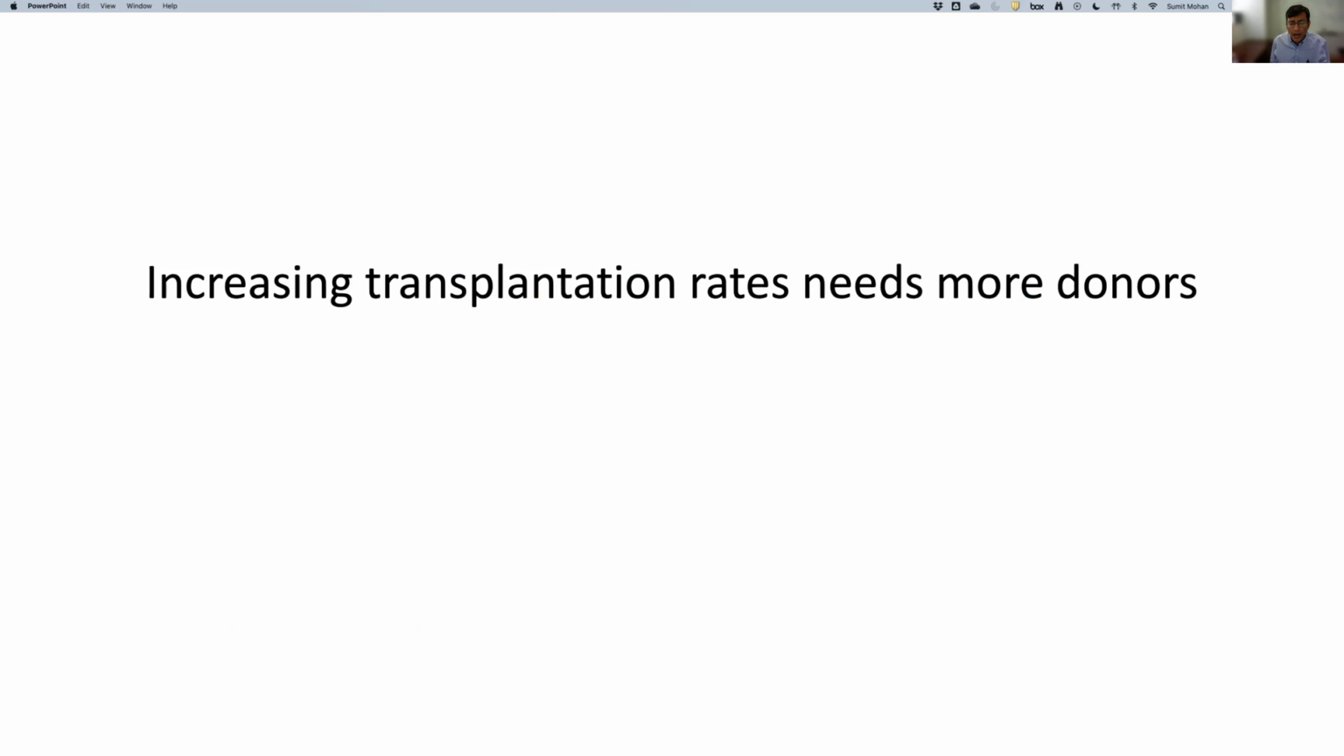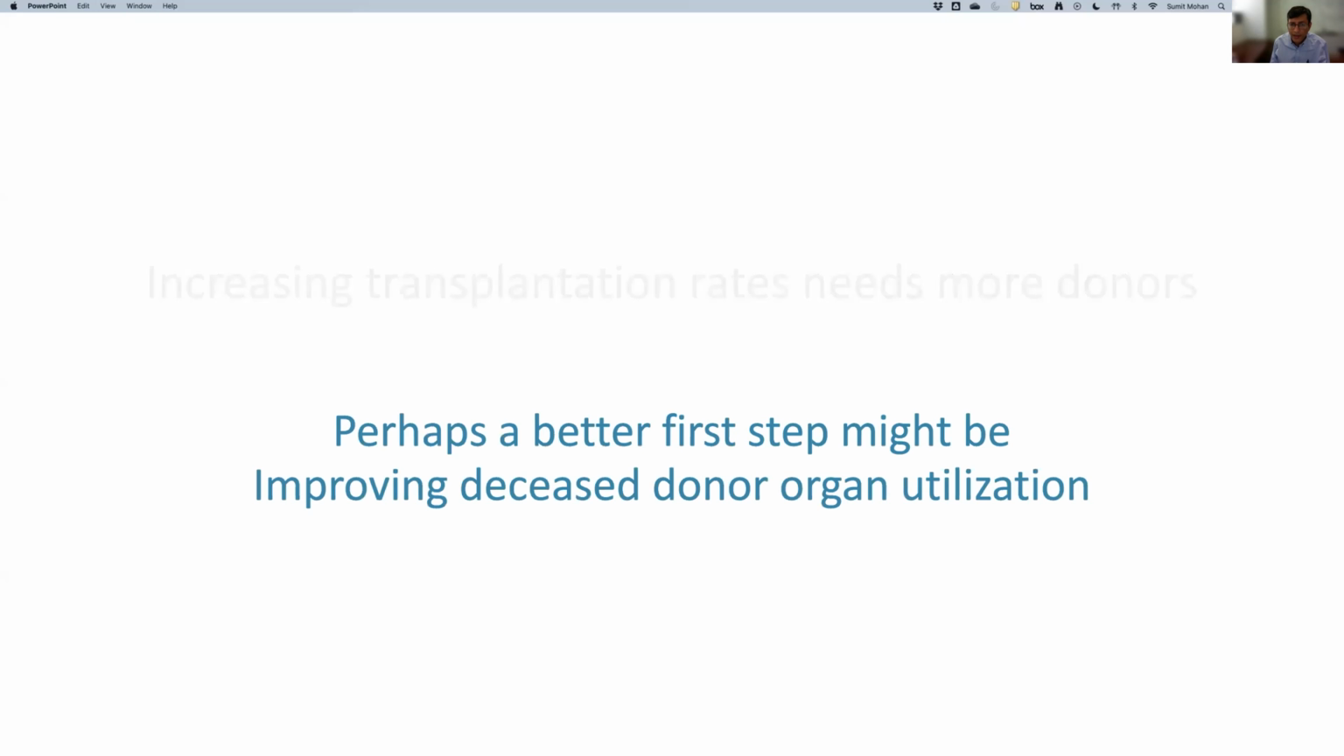Now, I'd be the first to say, if we're going to increase transplantation rates in the United States, we need more kidneys, right? We need more donors, living and deceased, to be able to provide more kidney transplantation opportunities. But perhaps a better first step would be improving deceased donor organ utilization. And by that, what do I mean, right? And why would one not want to use a kidney that we